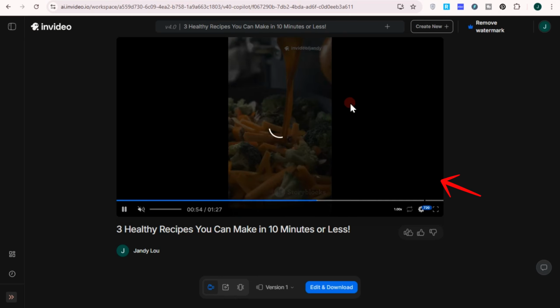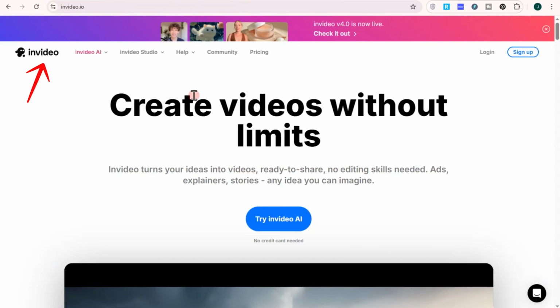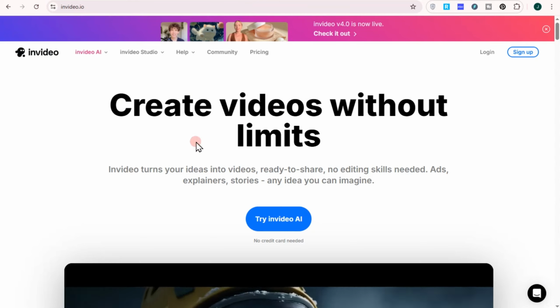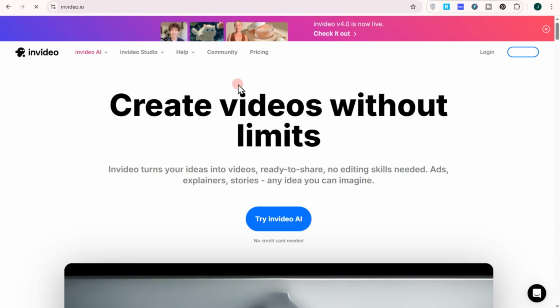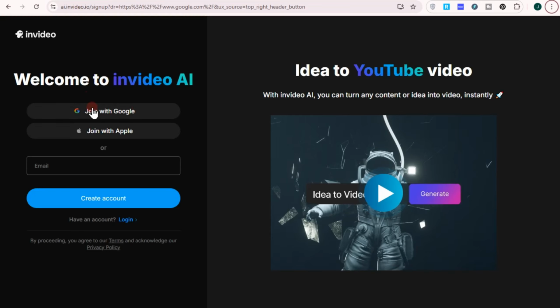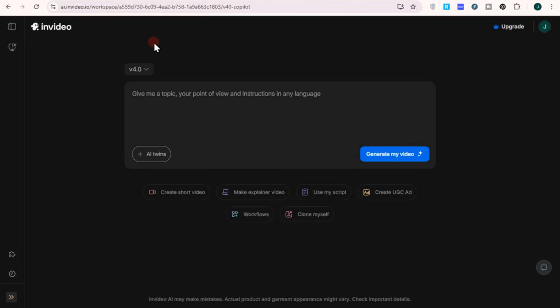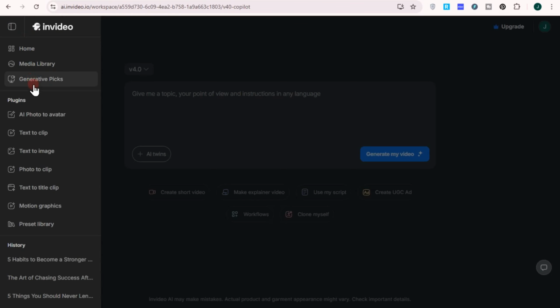So first and foremost, you just have to go to any web browser and then search for Invideo, create an account right here or sign up, and then you can now sign up using your Google email or your password. Once you have created an account, go to the left side and then look for text to video,